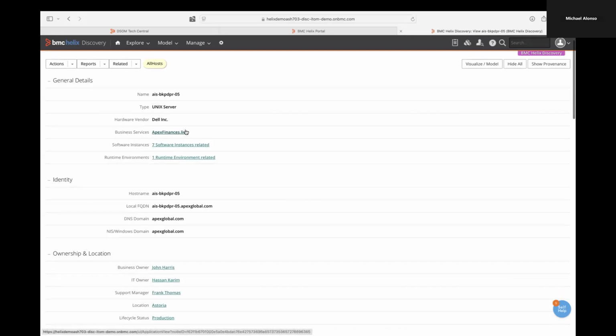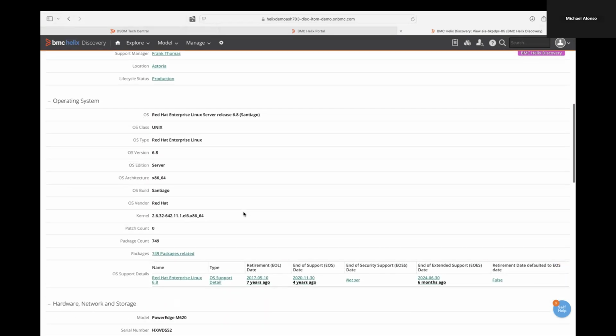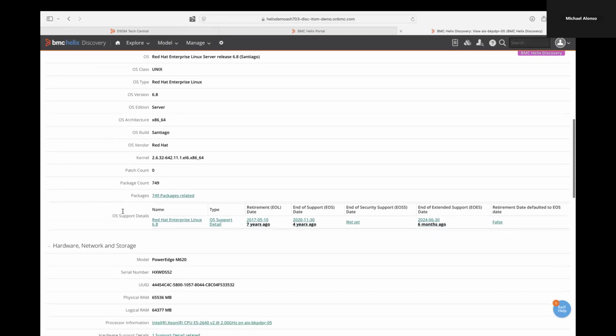You can see what business service it's a part of, how many software instances are related, how many runtime environments, its identity, ownership, location, different operating system metrics. And here's something really important for OS and application information. We actually show you end of life information, things like retirement dates, end of support, end of extended support, end of security support, and so on.